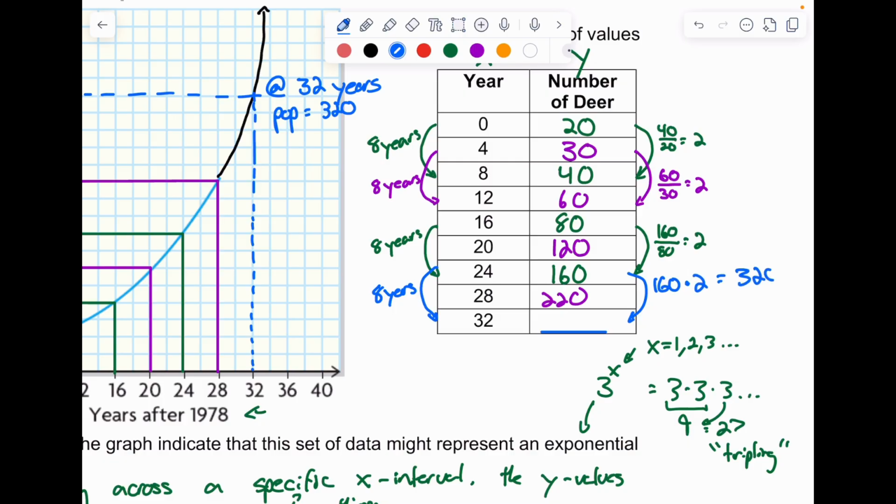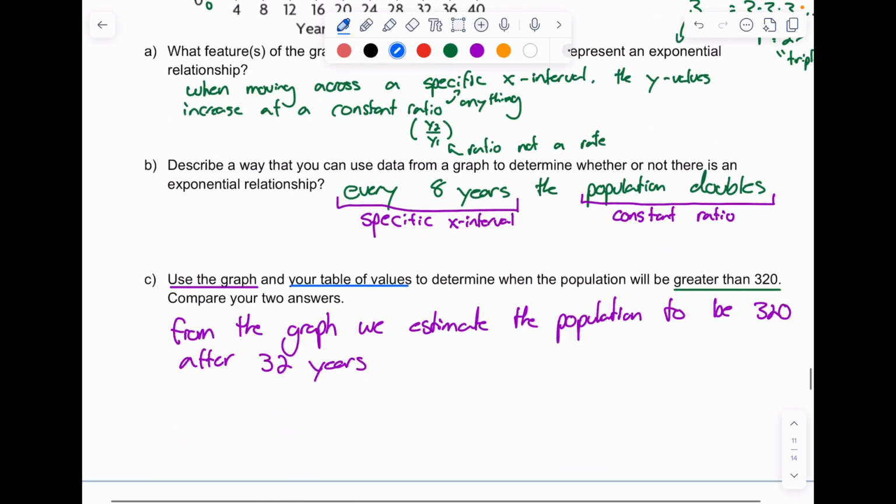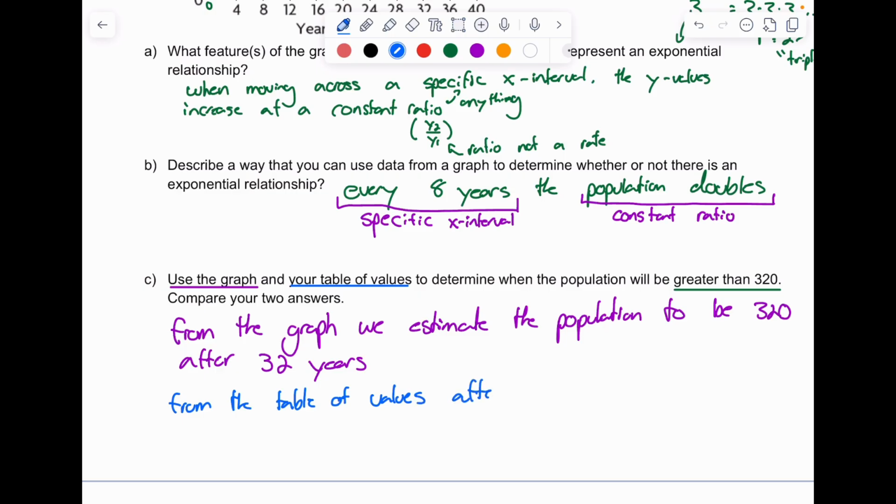And I would get 320 because I know that every 8 years we double. So after 32 years, the deer is 320. So from the table of values, at 32 years, the population is 320. Okay, but let's put this in context because after 32 years, well, let's look